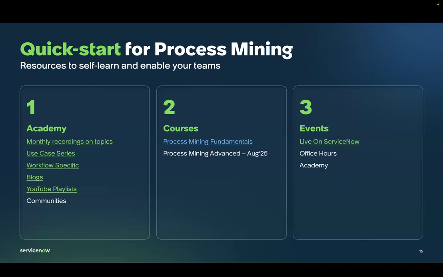You can always try what you saw here today in your sub-production environment. The same restrictions as the evaluation projects apply. You'll only be able to mine up to 3,600 records. But the key with entitlement is there are different ways to get entitlements to process mining. You should just work with your account team to understand whether you're currently entitled, and if not, what would be the best model for you.